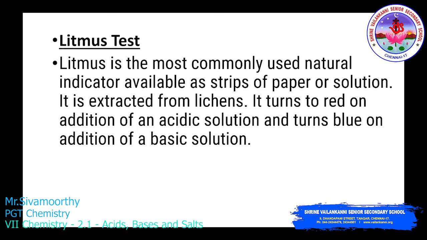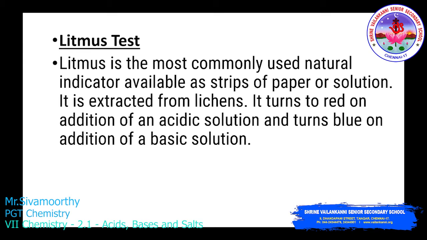So we are going to use the first test, the litmus test. So what is the litmus test? The litmus test is conducted with litmus paper, a strip of paper. There are two types of litmus paper in our laboratory: red litmus paper and blue litmus paper. By using these litmus papers, whether the given solution is colorless or colored, we have to find out whether the solution is an acid or a base.